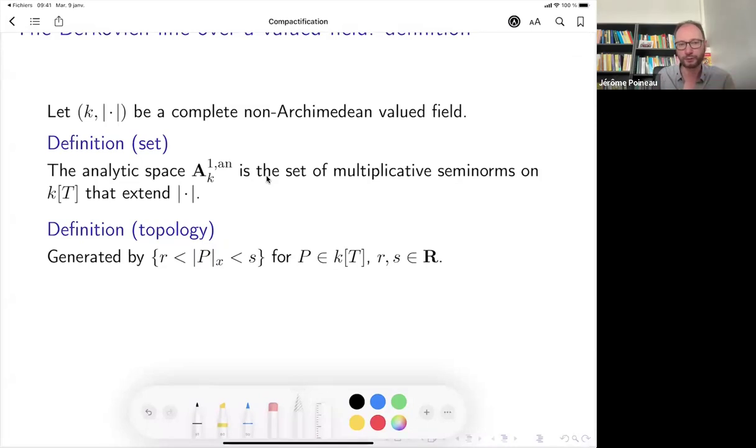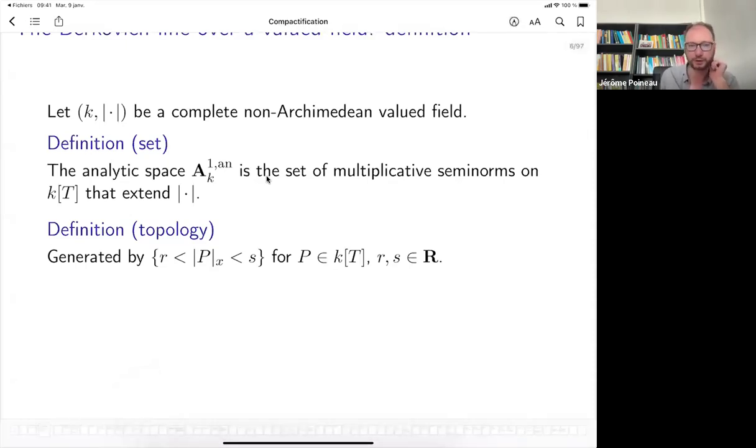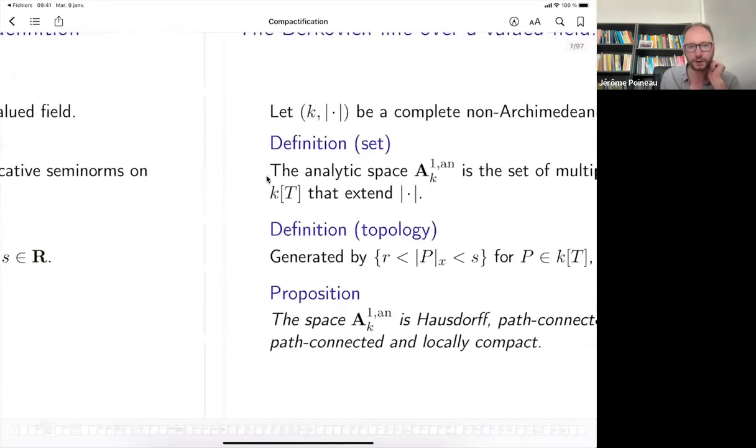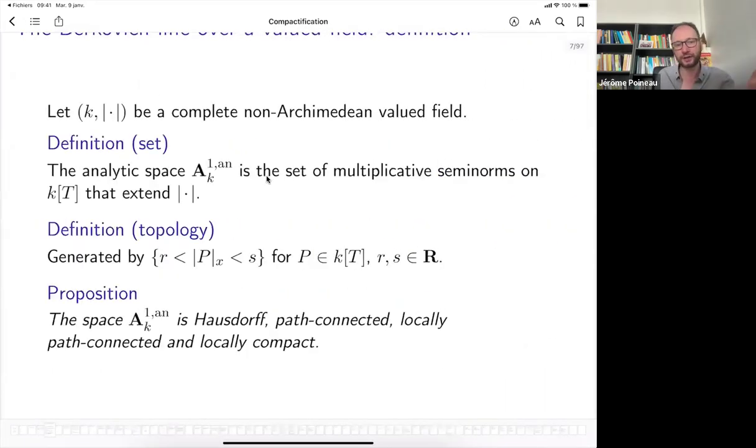Points of the Berkovich space correspond to multiplicative semi-norms. So the points where the absolute value of p is between any two constants form an open set, and these give a basis of open sets. And this has nice topological properties. The space is Hausdorff, path connected, locally path connected, and locally compact. That's a very general statement about Berkovich theory.